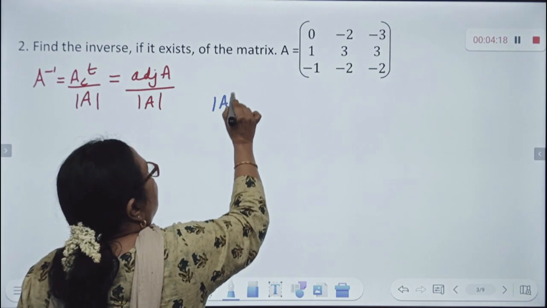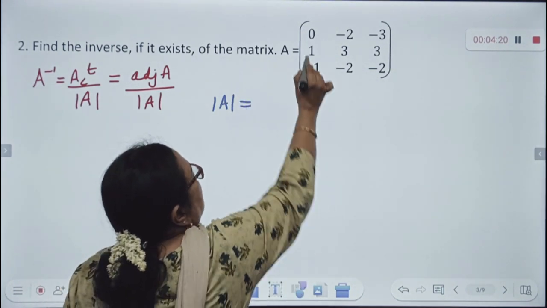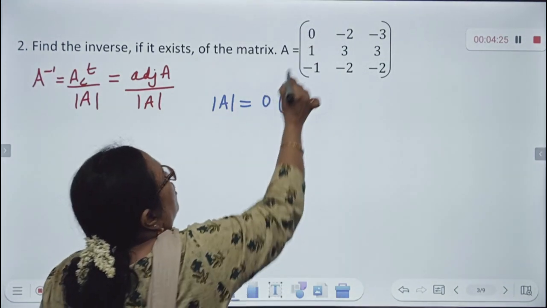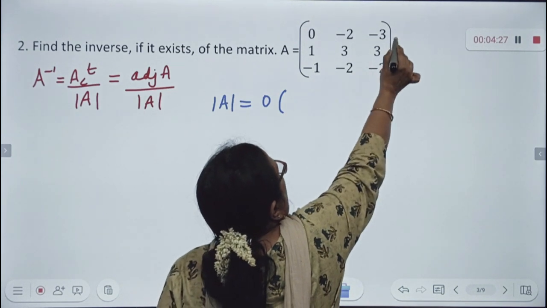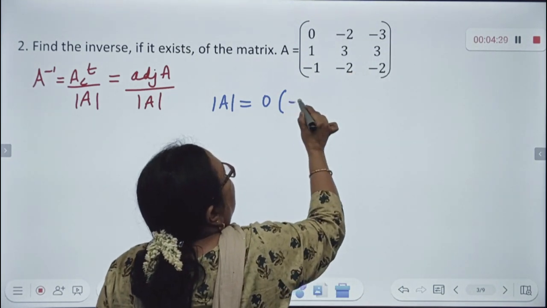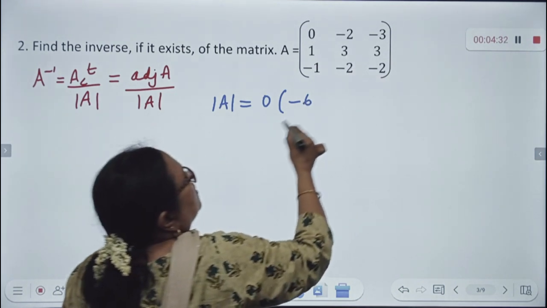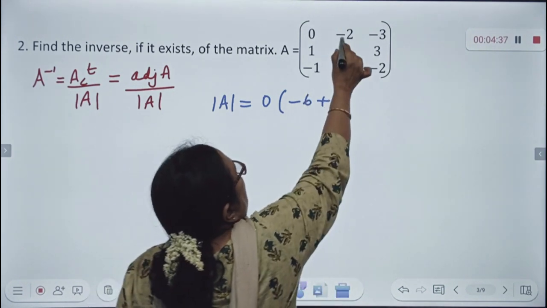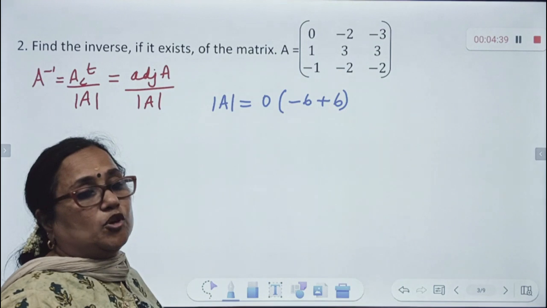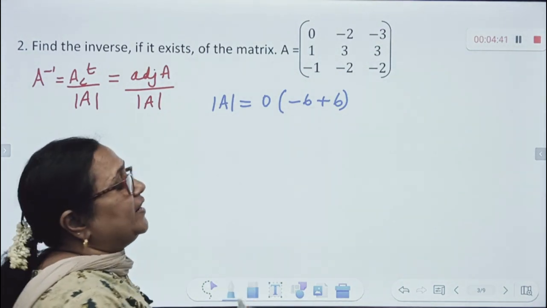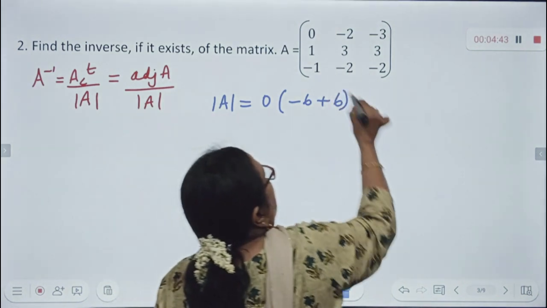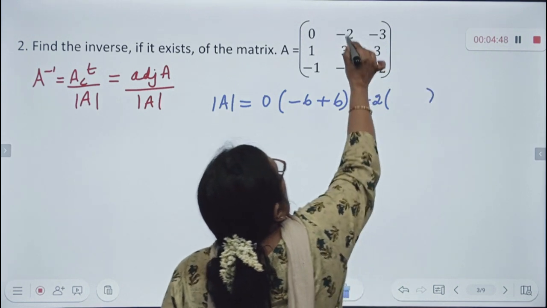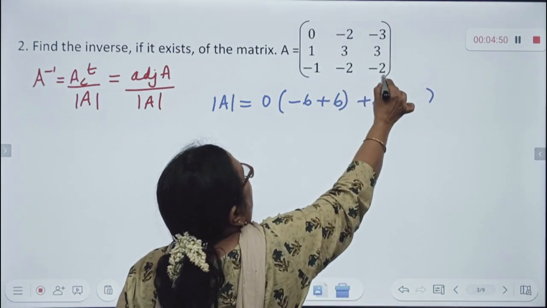Now, determinant of A, I will teach you as a process. Take the first row, I am taking 0 into, leave out that column, leave out that row. What will you get? 3 into minus 2 is minus 6, plus 6, which is 0. Then for this, you take the negative sign because we are actually finding the cofactor. So, I have to change the sign of this. So, plus 2 into, leave out that column and row. So, 1 into minus 2,